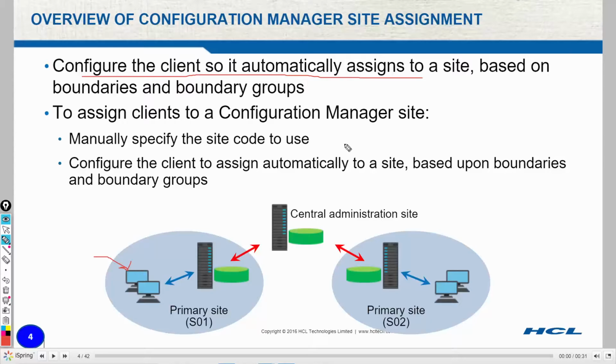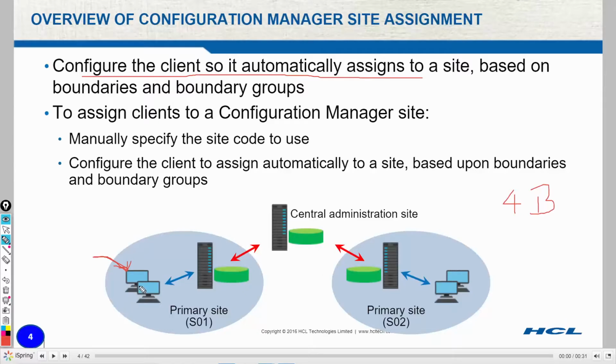So when you join your client to the domain, it should automatically connect to your SCCM server. We have already seen we have four methods of creating boundaries, right?